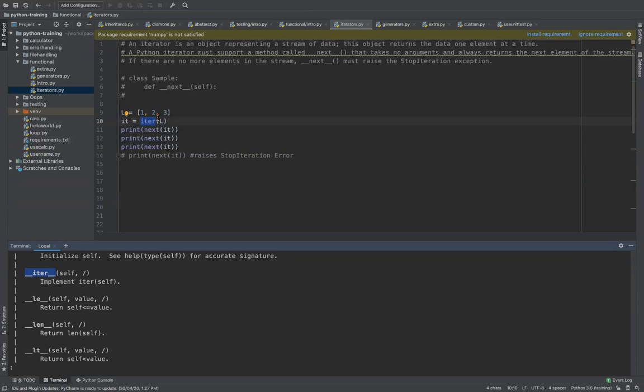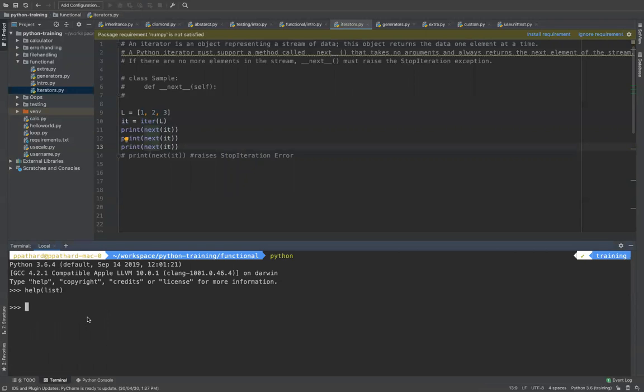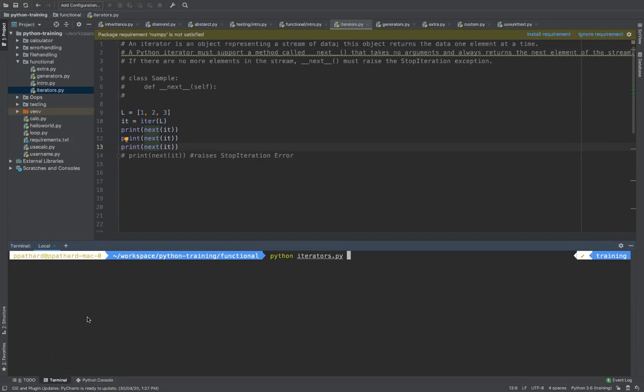I'm just calling this method like you learned, right? When you did plus, basically it called dunder add in your class definition. Here it is calling iter. When I call iter, it is basically representing an iterator. So when I do next, next, next, it keeps giving me the next value in your list. For example, Python iterators.py.